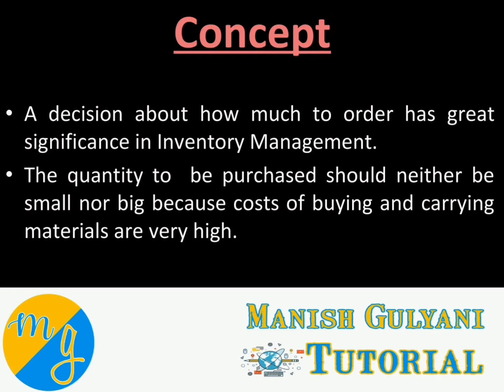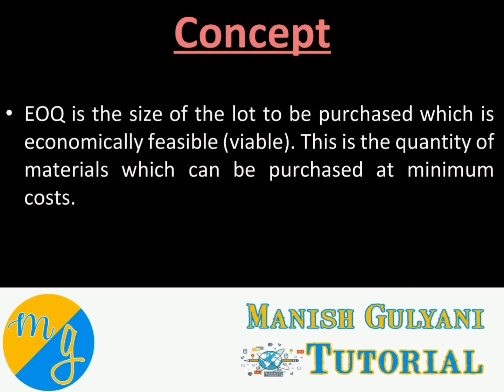So, under your business, you have to determine two critical things: how much quantity to be placed and when to place the order of raw material to the supplier. These two things can be known by the EOQ point. EOQ point is that point where both costs are minimum. Both costs simply means where total cost is minimized. Total cost consists of two types of cost: one is ordering cost, second one is carrying cost. In my previous video, I had already explained the meaning of ordering cost and carrying cost.